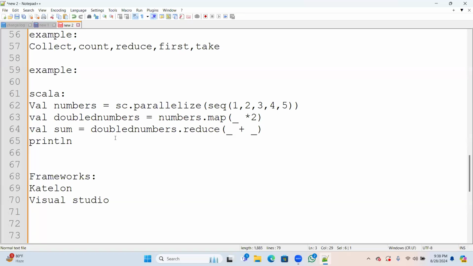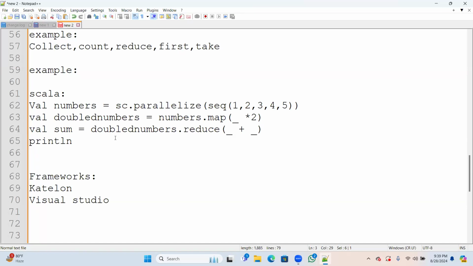Spark is used for both batch and real-time processing, right? No, it's efficient in real-time processing. Even so, will it do batch processing? Actually, it won't.